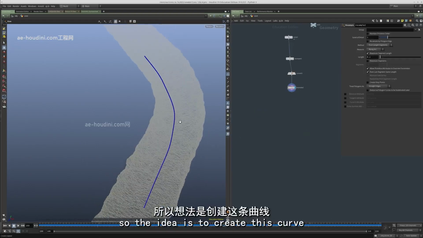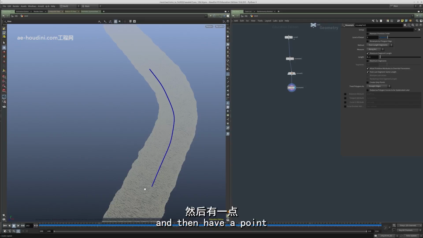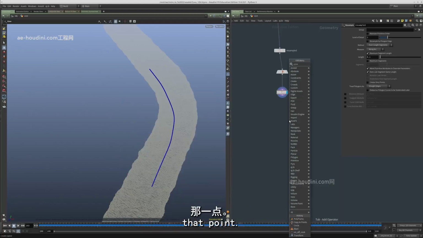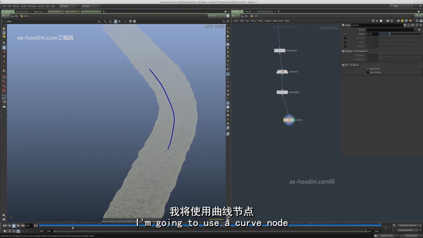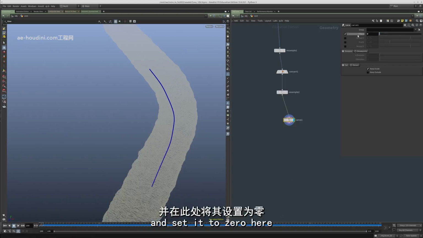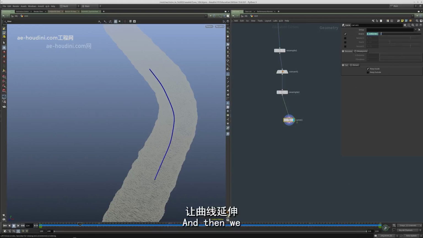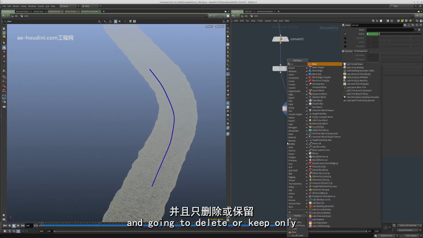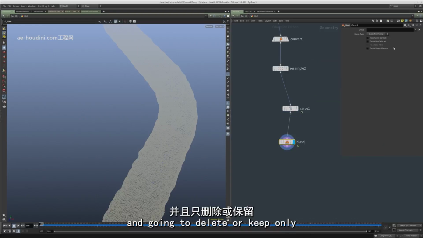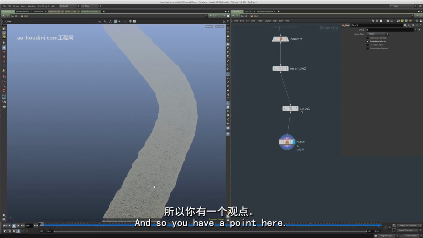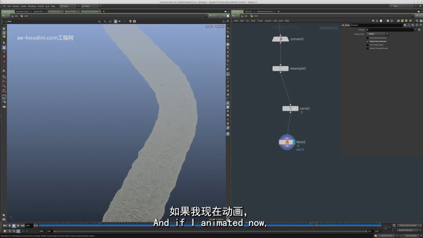so the idea is to create this curve and then have a point that is traveling along this curve. So I'm going to simply isolate that point. I'm going to use a carve node and set it to 0 here and set it to 1 here. And now we have the curve extending. I'm going to delete, or keep only, the point number 0, and that would be the root. And so you have a point here, and if I animate it now, if I play the timeline, it should